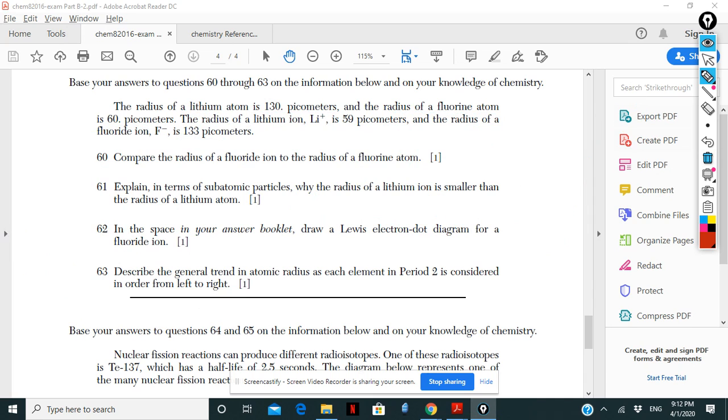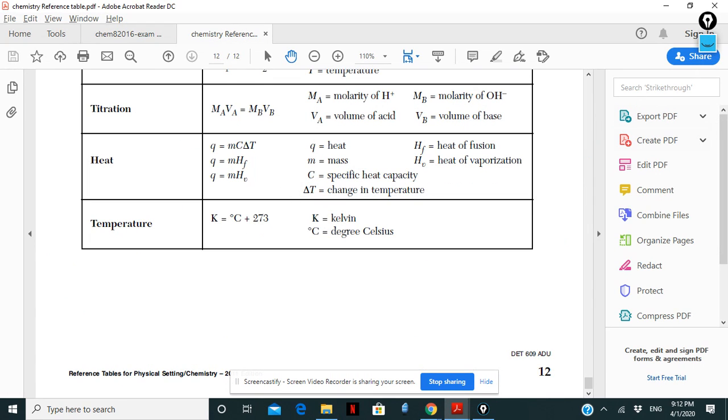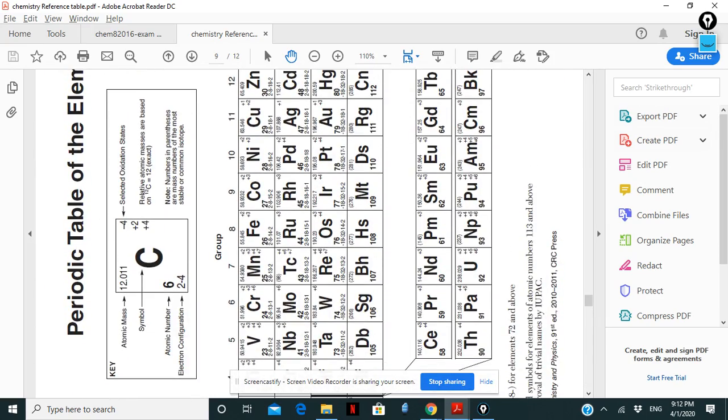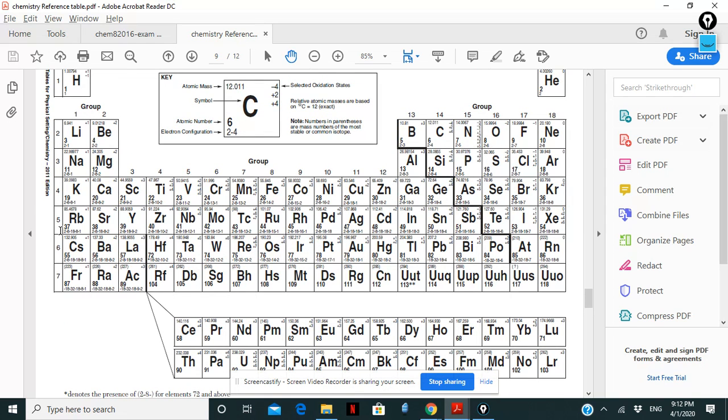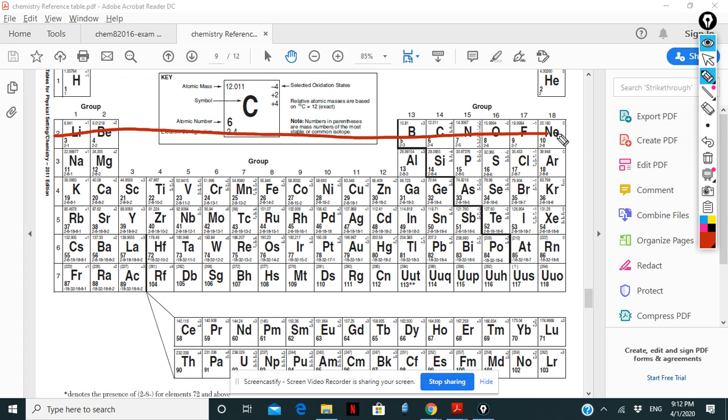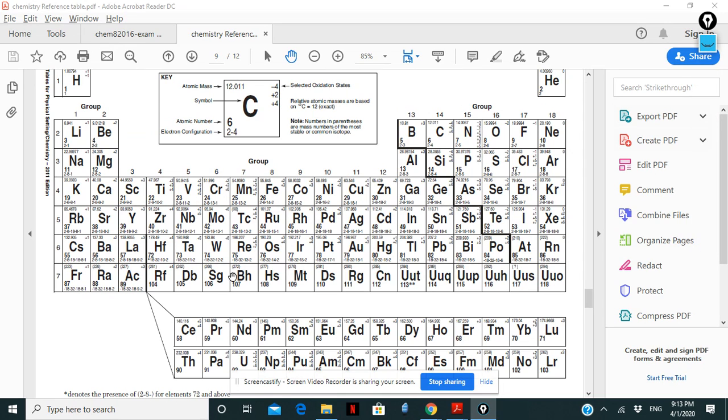So period 2, if you go in here, front sheet, we're going to rotate it. Here is period 2, and he said from the left to the right. From the left to the right, the electronegativity increases, the ionization energy increases, the radius decreases. And if you forget that, I know that period 2 starts from lithium and ends with neon. So I can easily go to the next page